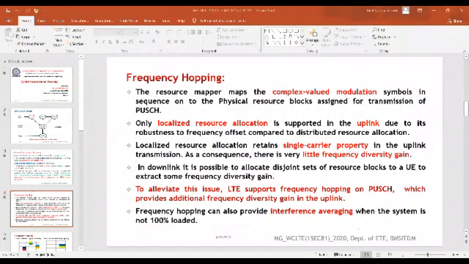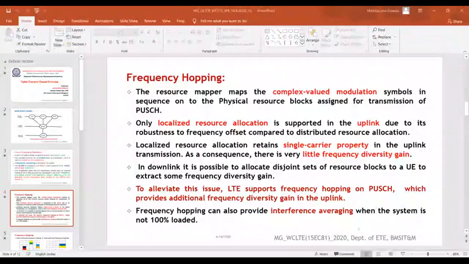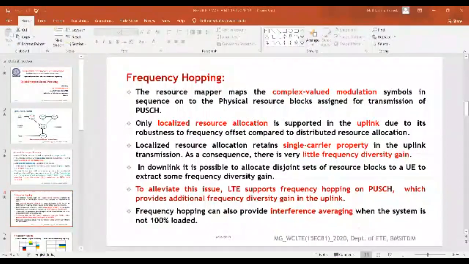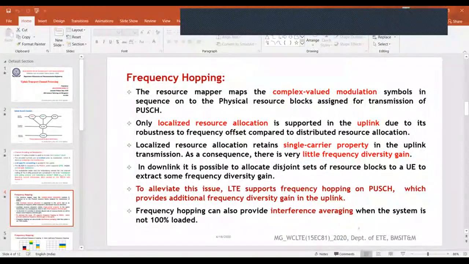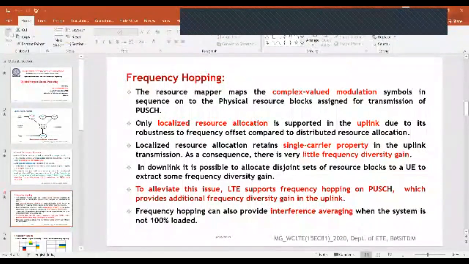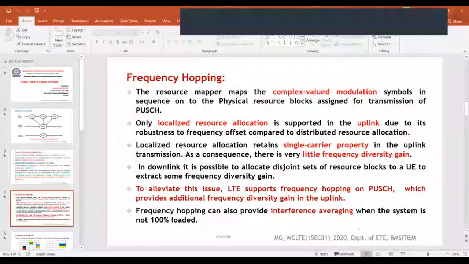So to achieve more frequency diversity gain, LTE supports frequency hopping on the physical uplink shared channel. This frequency hopping provides additional frequency diversity gain in the uplink.